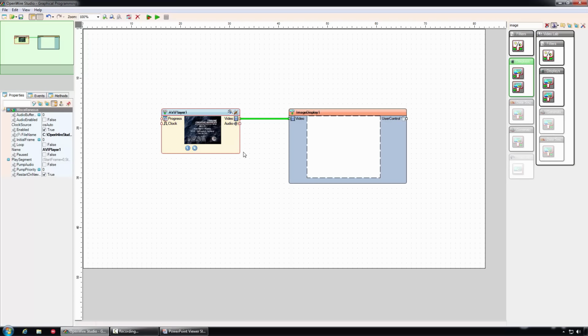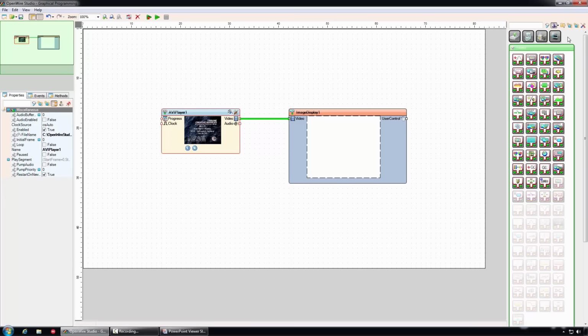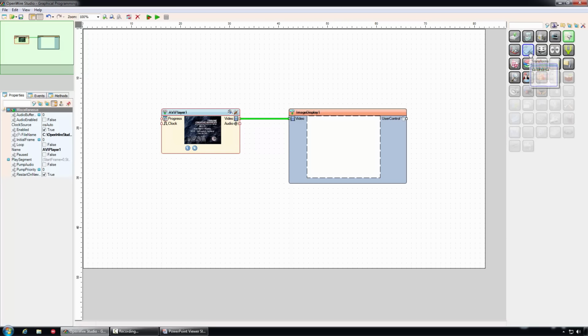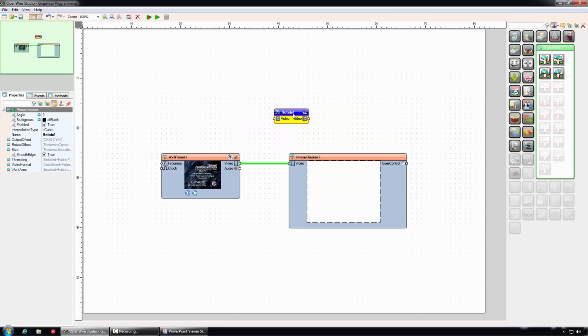When a component is selected, the OpenWire Studio will suggest the best components that can be dropped and connected to the selected component. The components are organized in categories and subcategories. When we hover the mouse over a component, a hint is rendered showing the way the component will appear when dropped. We'll drop a rotate component from the transforms category,